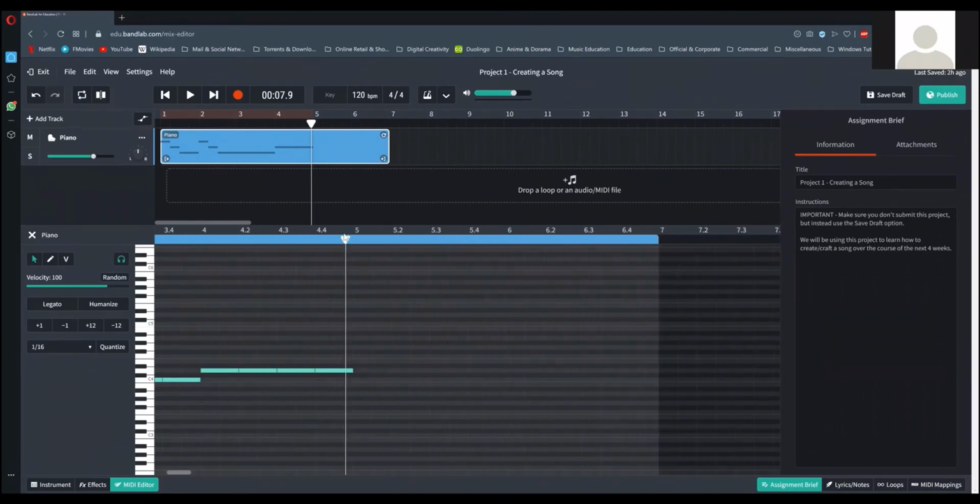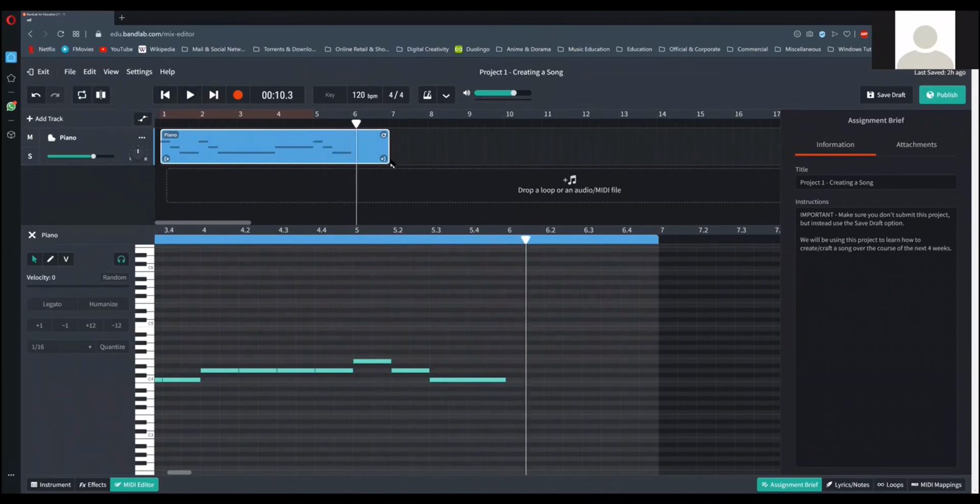Right now I am on bar number 5. Paste. Okay, and this is all I have to play. So I am going to use the go to beginning button. If it doesn't go to the beginning, just double click on the go to beginning button and let's go. There you go. Sounds good.